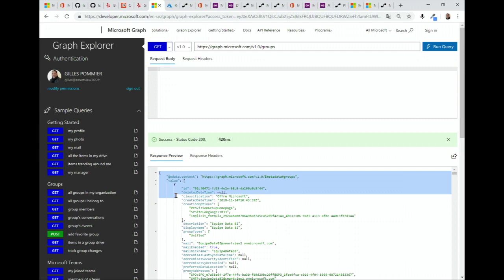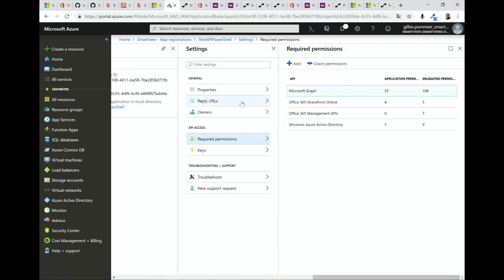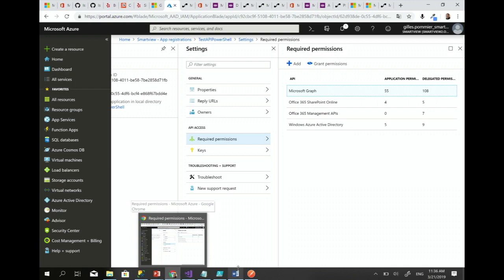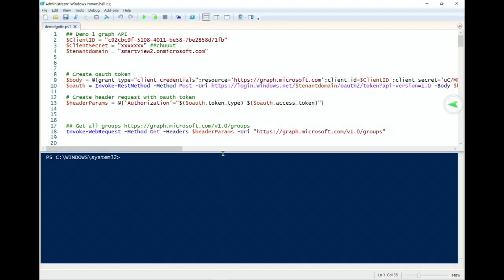So these are some tips that I want to show you if you have to use the Graph API. But, of course, I don't want to provide my credentials, so that's why I'm using an Azure application. And this Azure application is the application that you will connect to Graph API to get the data. Okay? So if I want to use that before using a connector, one way to use that is in a PowerShell script.